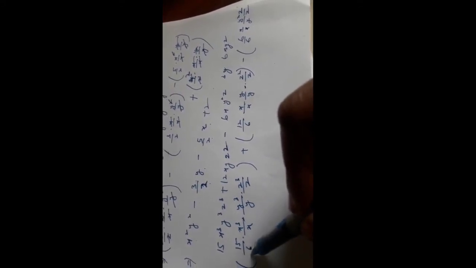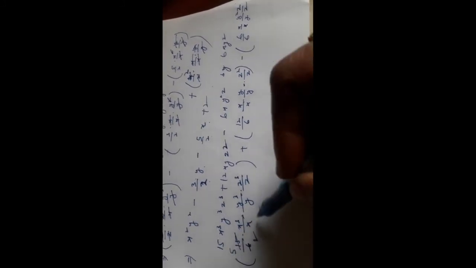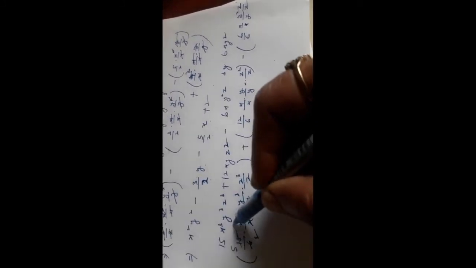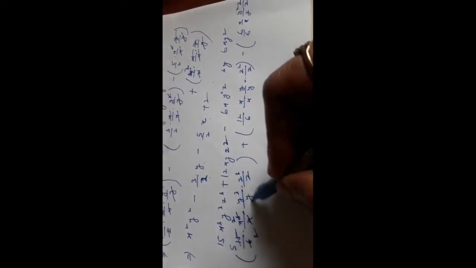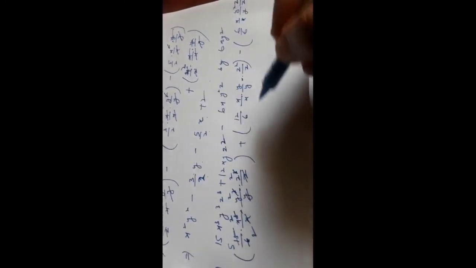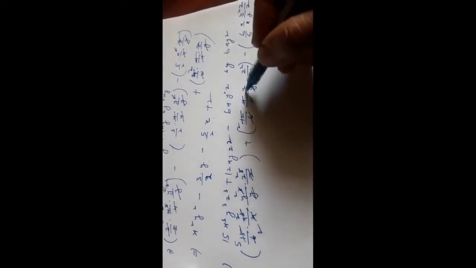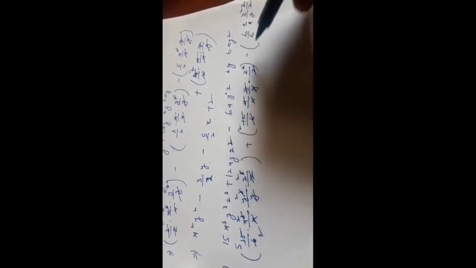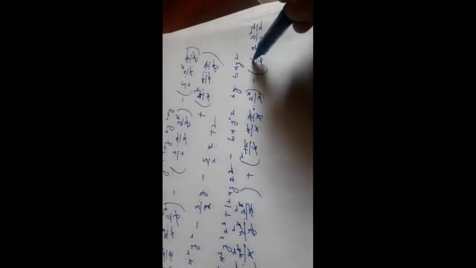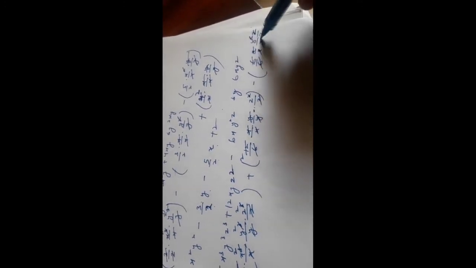Here it will go by 3, 2 are 6, 3 5s are 15, x with x cube remain with x square, y with y cube remain with y square, and z with z cube remain with z square. 6 1s are 6, 6 2s are 12, x with x, y with y, and single z is left here. Now 6 is 6, x with x, y with y square, and z with z.